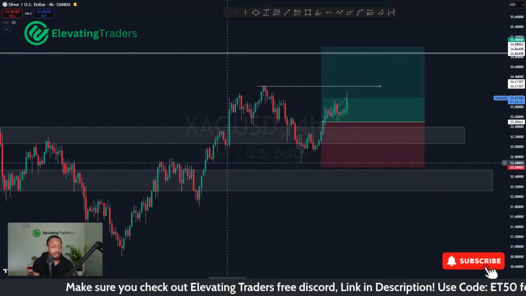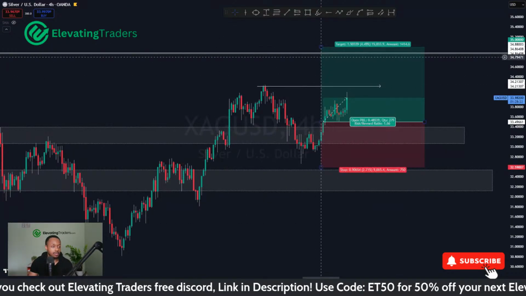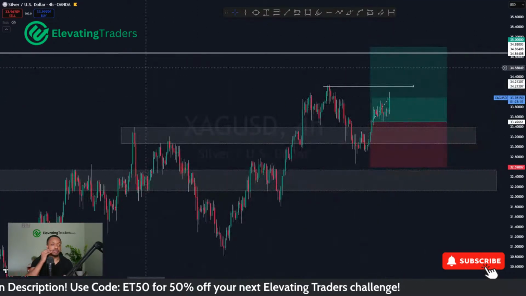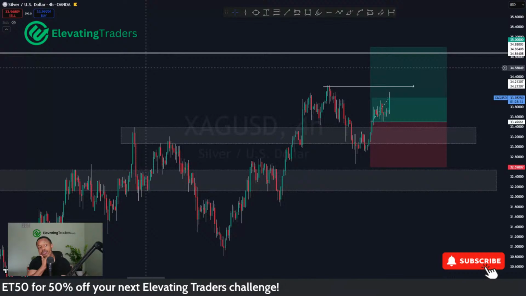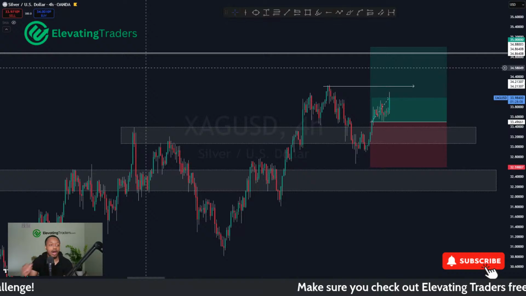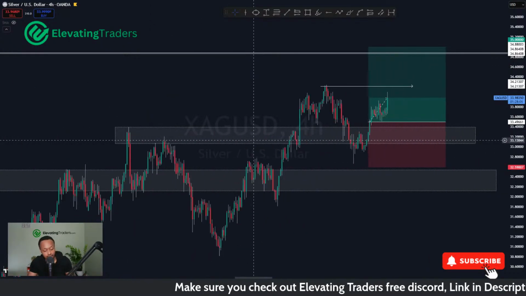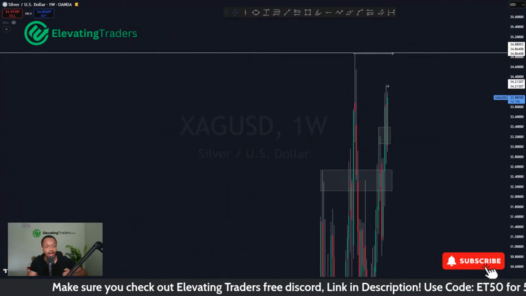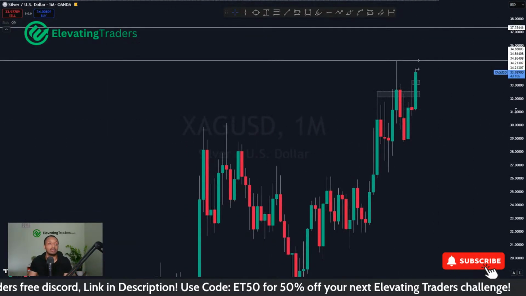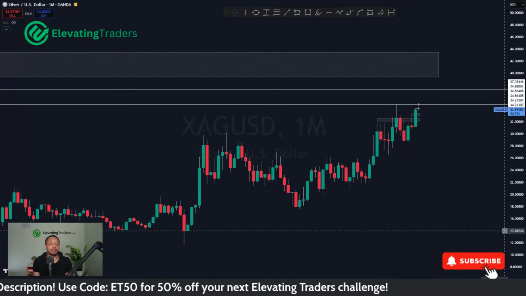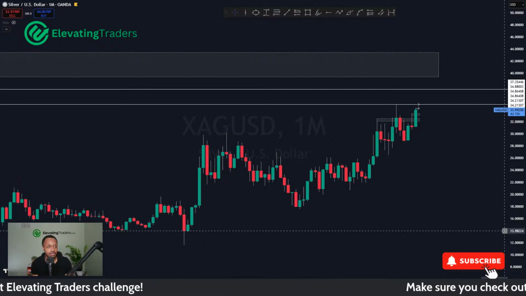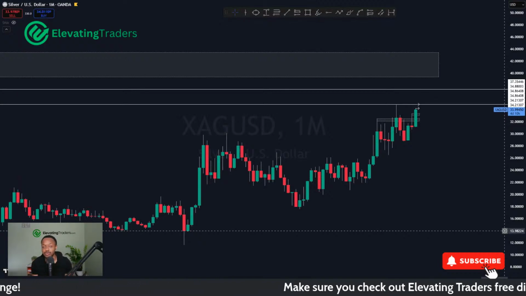I'm not taking profit there. I'll just look to trail my stop loss. My targets are back at the high there, so I've still got a bit of a way to go back to 35. But yeah, I do think we can get there. Momentum is looking pretty good. Really nice swing. The higher lows are very consistent as well. And the thing about silver is that pretty much all the higher time frames, daily, weekly, monthly even, are all very, very bullish markets, very, very bullish trends. So the odds of us getting back to swing highs, I would say, are pretty high. We just need the momentum to continue, that's all.